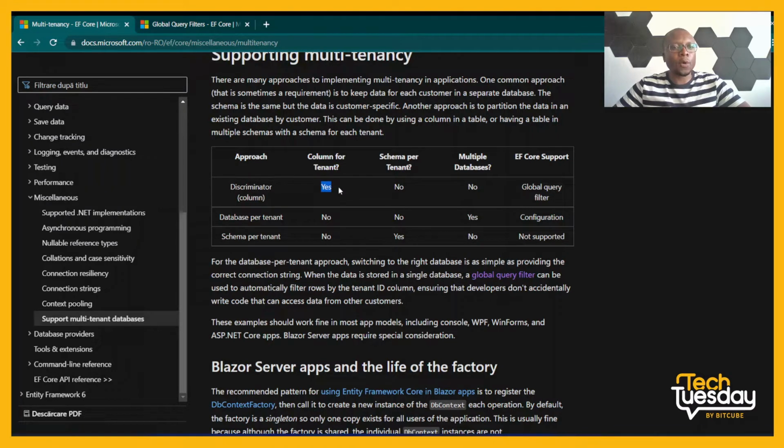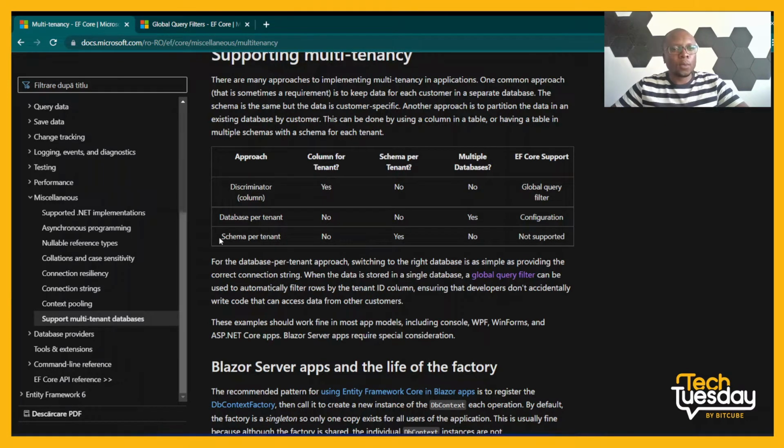You just use one column, you use the same database, you don't need to have multiple schemas on the database to achieve this, which makes publishing and other processes in the pipeline much easier than what they would be otherwise. Database per tenant, so this would be publishing a database for each tenant or customer that you do have,